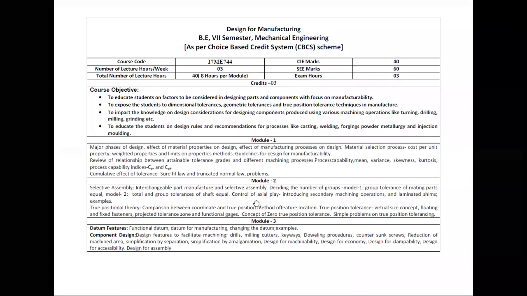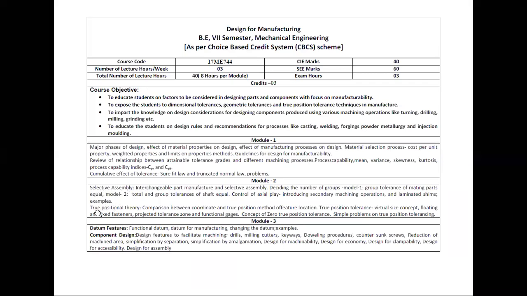Then the control of the axial play. In this, introducing secondary machining operations and laminated shims and examples on that. This is about selective assembly.